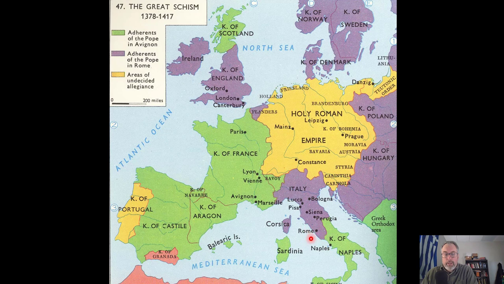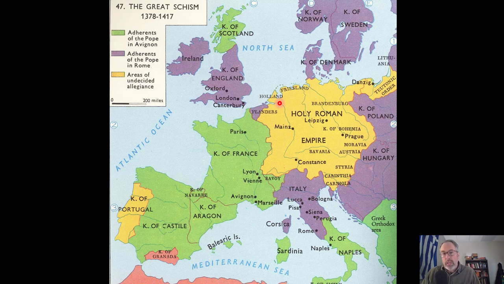So Boniface is beat up in Rome. The King of France, Philip, says, no, I'm going to take the whole papacy and have it right underneath my balcony here in Avignon so I can keep track of what's going on. And you start to see a divide. Ultimately now there are two popes. There's an Avignon pope, under the thumb of the King of France, and there's still the pope at Rome. And now these other kingdoms have to decide, okay, who are we going to side with? Which pope do we recognize?